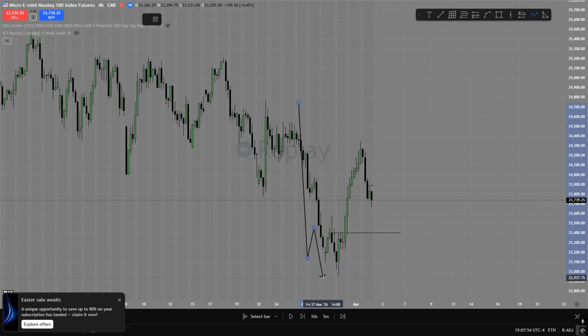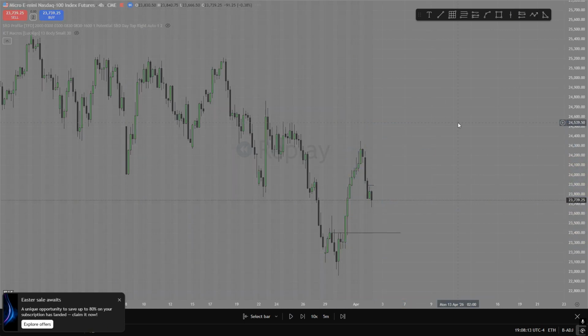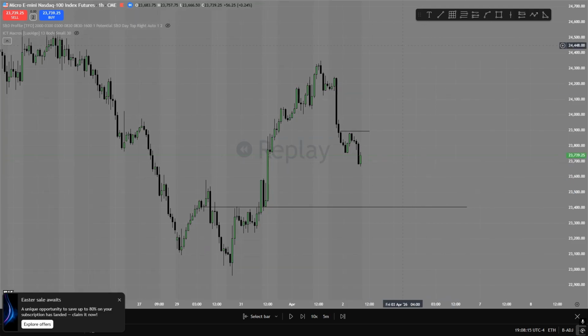Higher time frame, we took relative equal lows, and then we put in a 2022 model, closed with the change in the state, and now we are up here. And then overnight, yesterday, we sold off to equilibrium of this recent price range, basically ticking equilibrium. We have this internal manipulation of Asia low, and then London takes it.